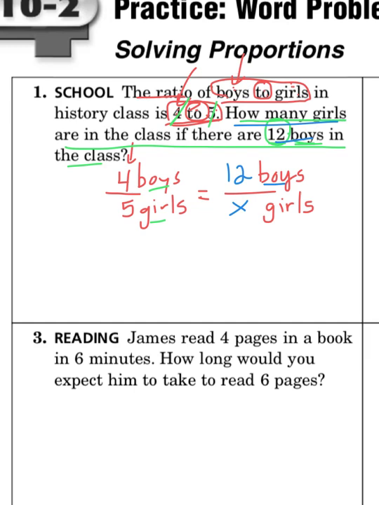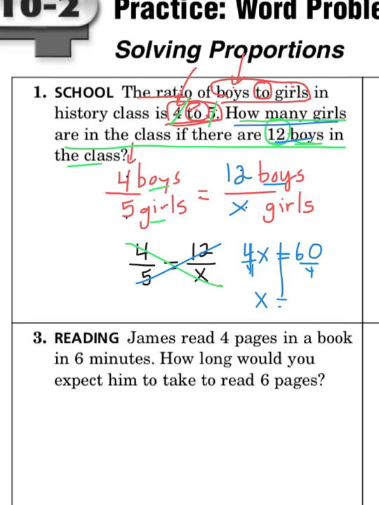So now I have my proportion set up, and now I just have to solve the math. So I'm going to make it a little bit more clear. I have 4 fifths equals 12 over x. That's the math right there. 4, 5, 12 over x. Now I just have to simply solve that. So there you go, 4x, and this is just what I've been doing this whole time here so far. That would be 4x equals, and 5 times 12, which is 60. And then divide by 4, 1x equals